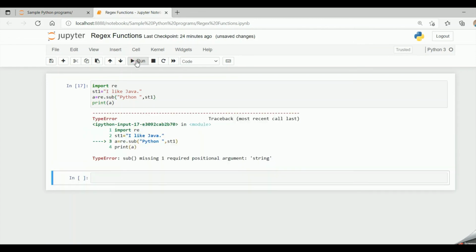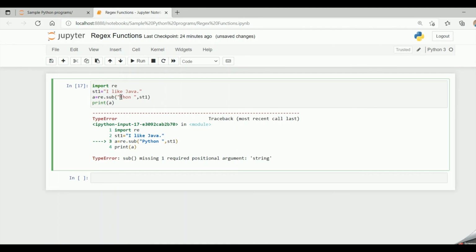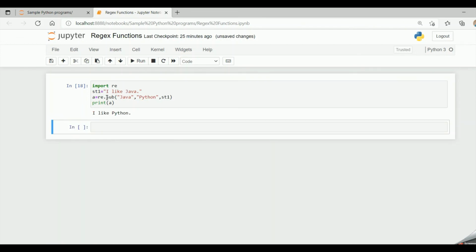So when I run the code, firstly I have to specify Java, which is the search string. It has to be replaced with Python, which is the replacing string, and the text is st1. So now when I run the code, instead of "I like Java", "I like Python" has got substituted.